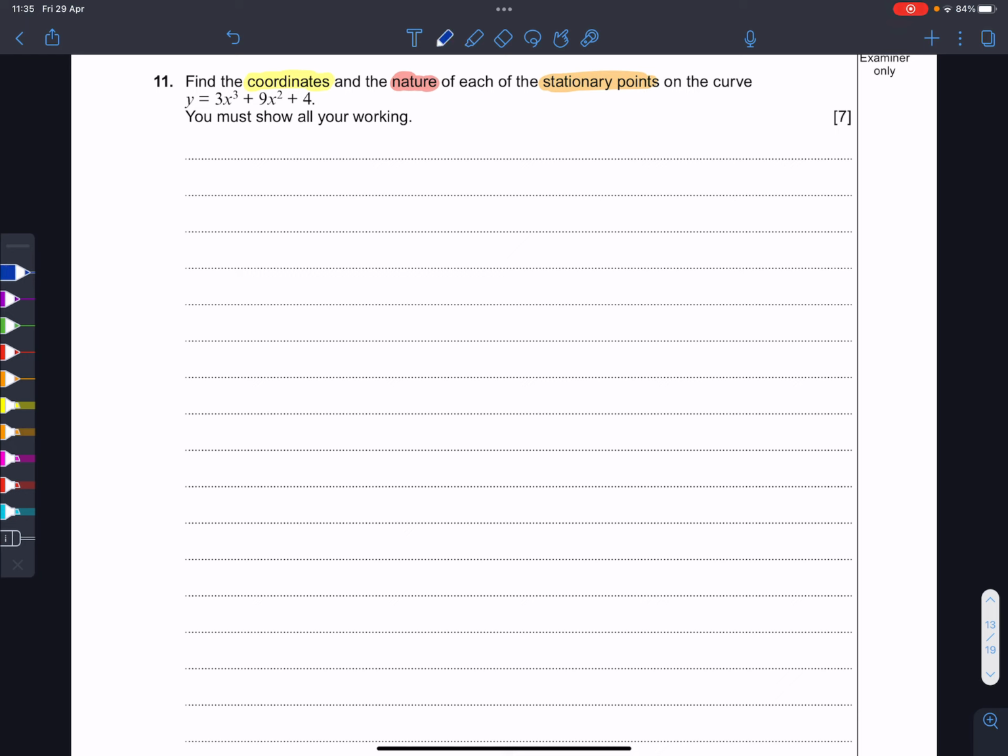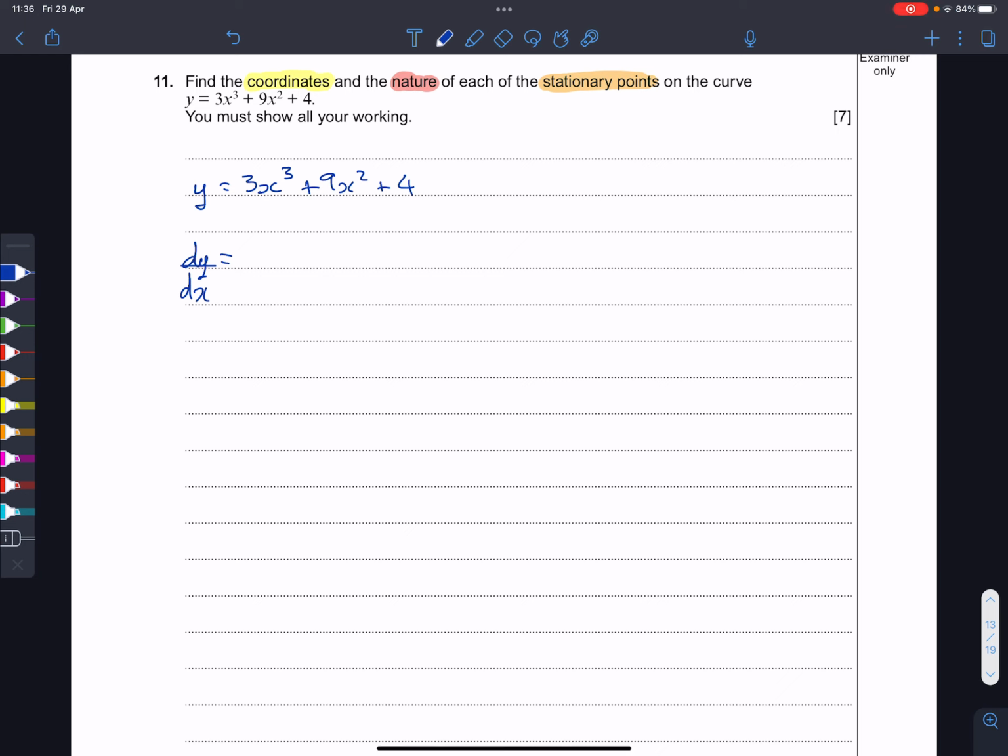So I always start this in the same way. y equals 3x cubed plus 9x squared plus 4. In order to find my stationary points, I need my dy by dx. So that's the next thing I write down,